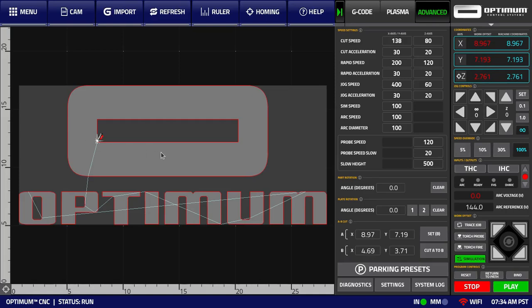In this video, we'll be talking about the simulation toggle that is available on the main screen of OptimumCNC software. When toggling simulation on, this allows the system to run through the currently loaded G-code program without actually turning the plasma torch on. So essentially the program will go through the X and Y axes motions somewhere above the worksheet,